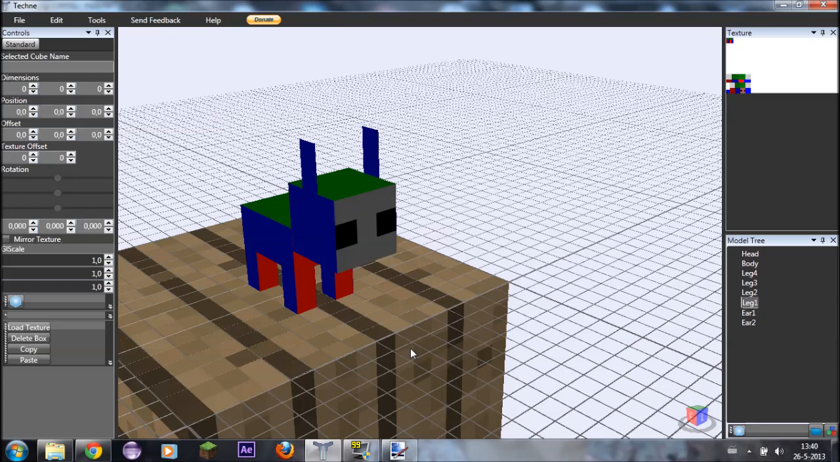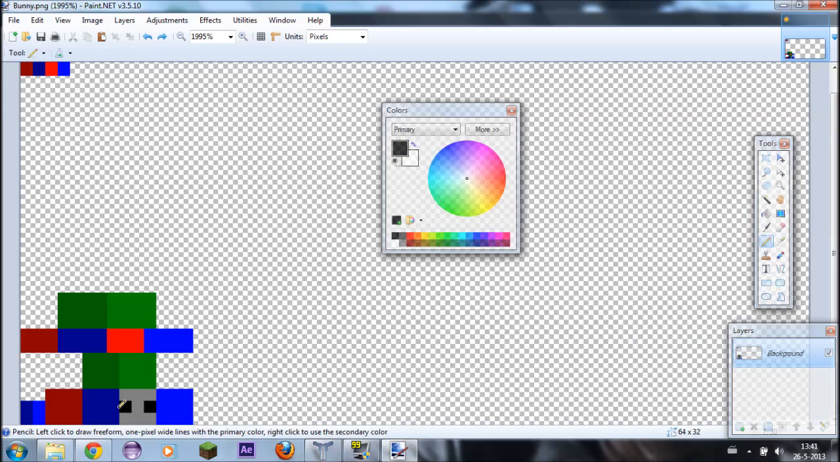So now I'm going to do a speed art of me making the bunny, which is probably not going to look very good, but